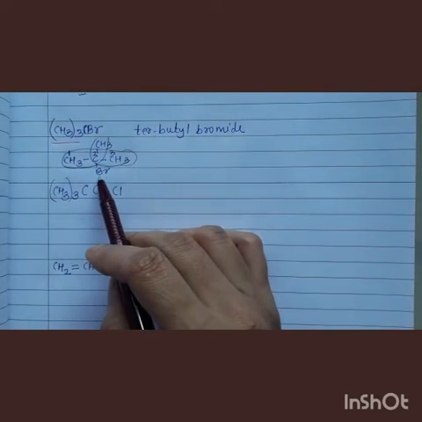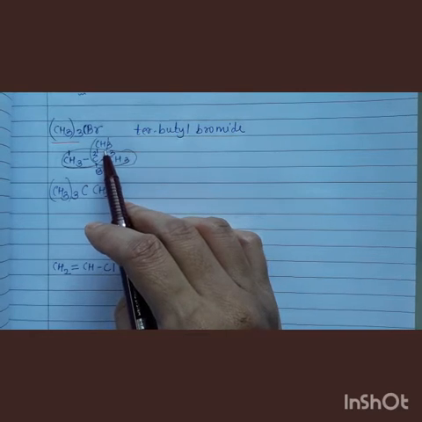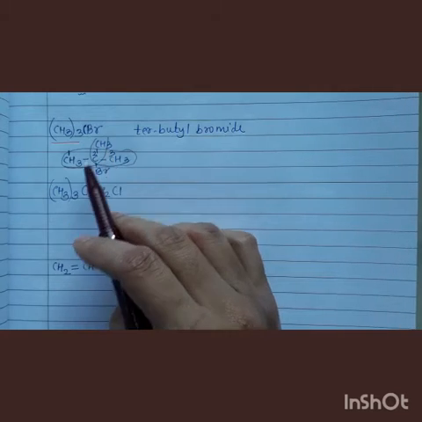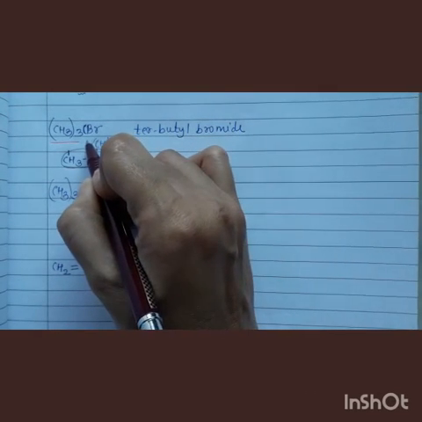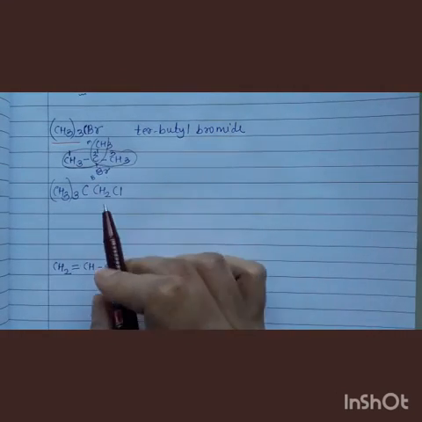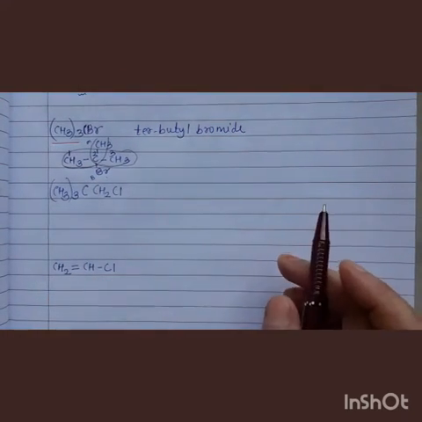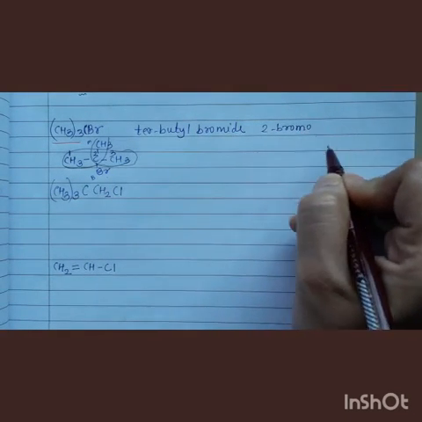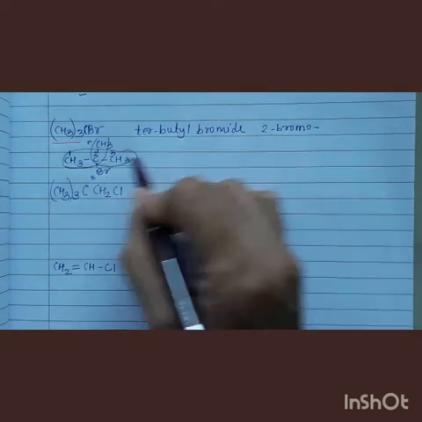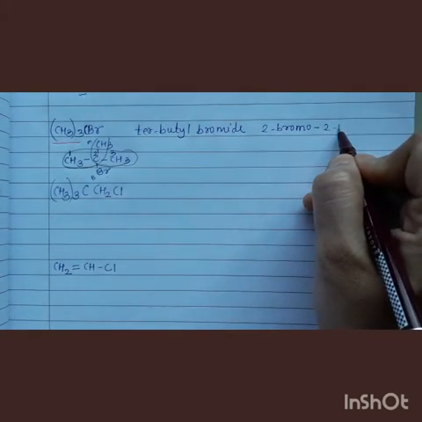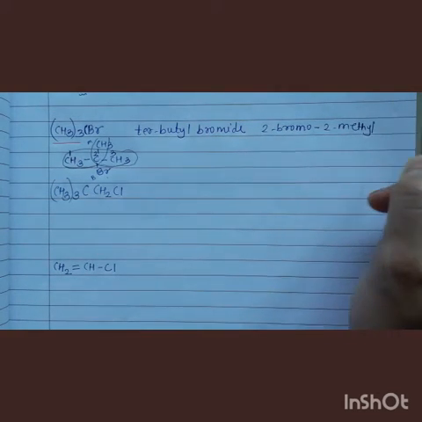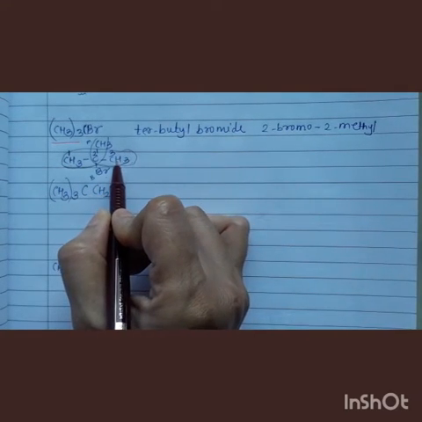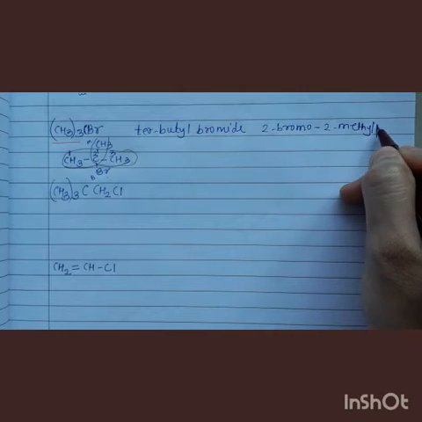See, at the second position bromine is there and at the second position a methyl group is also there. CH3 means methyl group. So let us write the name of this compound. For methyl group M will come and for bromine B will come, so we have to maintain alphabetical order. Let us write 2-bromo. Bromine is present at the second position. Then on the second position a methyl group is also present, so 2-methyl. And then we will write the name of the parent chain. In this longest chain, how many carbon atoms are there? 1, 2, 3. So it is methyl propane.